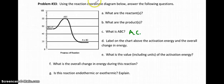Again, label the chart above for the activation energy. So again, reactants up to the top. Here is your activation energy. And it says the overall change in energy. So again, that is products minus reactants. Notice we're going the other way. So what is the value of the activation energy? Well, it looks like 80 minus, I don't know, would you say that could be like 55 or something? So 80 minus 55, I hope I can do that math in my head. What is that, 25? So the activation energy looks to be about 25